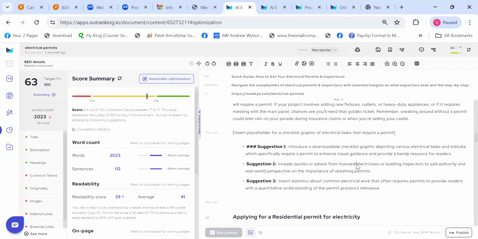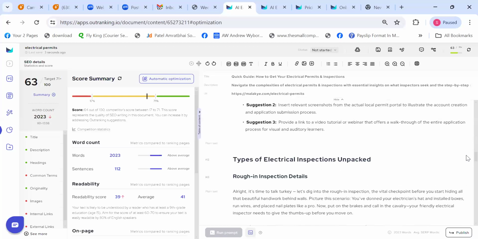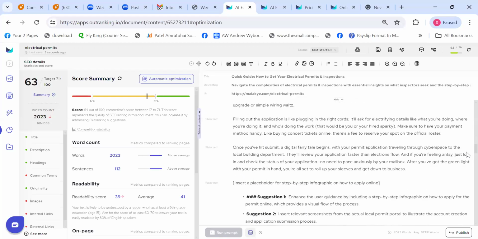EEAT, in a way wherein you have the experience. That's why you are adding quotes and stats or a downloadable checklist. You have expertise, and that's why you're adding certain things. And trustworthiness comes in where you are adding a testimonial or putting up the name of a well-known person who talks about something on this topic. That's what all the suggestions are about, right? They are aligned with expertise, experience, and trustworthiness, which shows if you implement any of these suggestions. So this is about what I was talking about with originality suggestions.